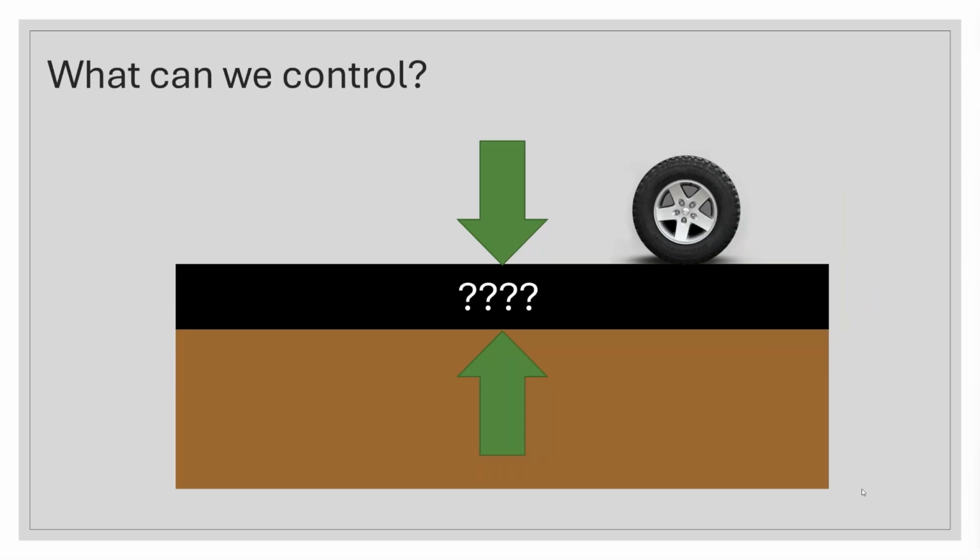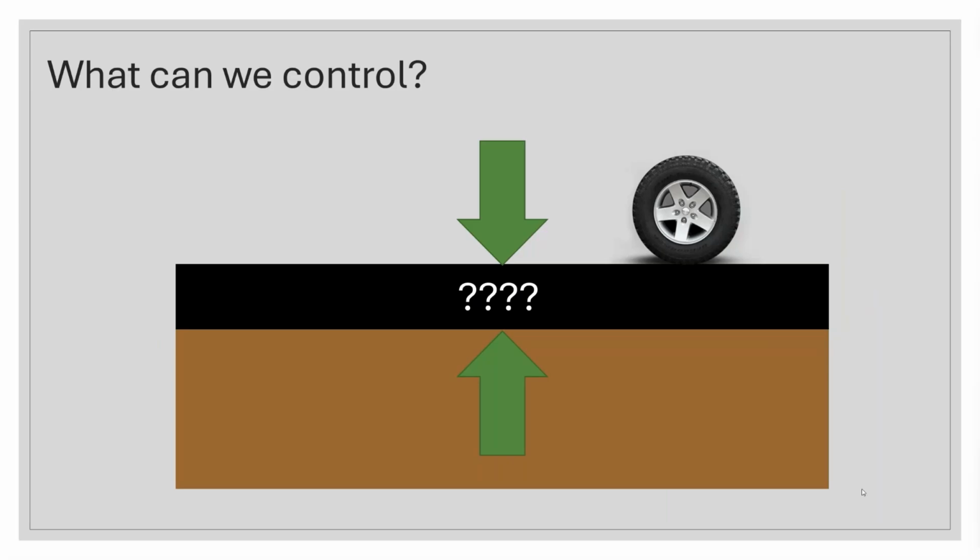So let's think about what we can control. Can we control the subgrade support that we have available? Well, if you live in one area, you have one soil type, and you may go half a mile down the road and have a completely different soil type. In some places, you may have a very consistent type of soil and things kind of stay the same, but you really don't have control over that. You can do some things to enhance it. You can change the top layer, but when you're talking about that really down deep soil structure, you have what was native to the area. So you don't really have control over that.